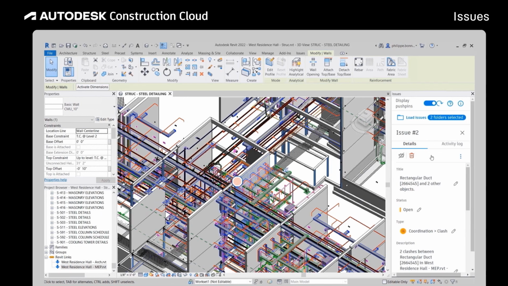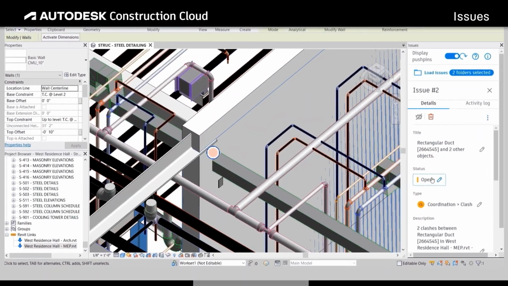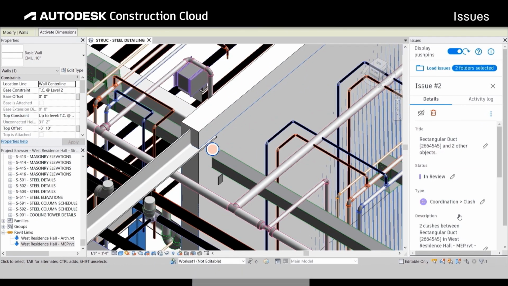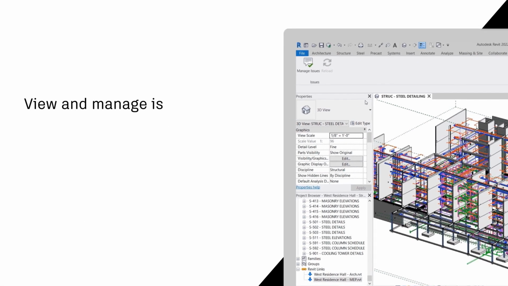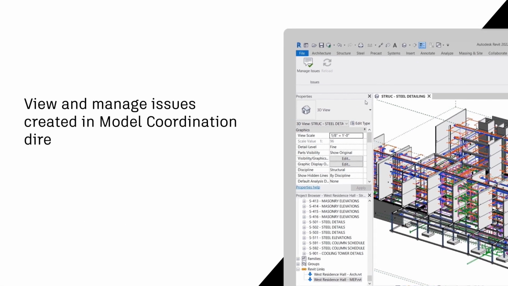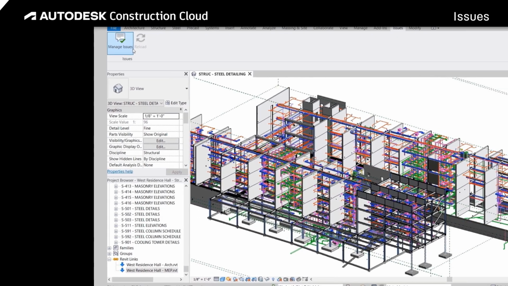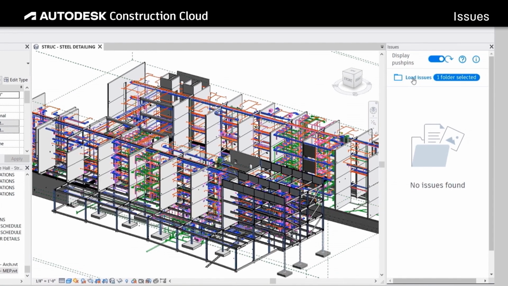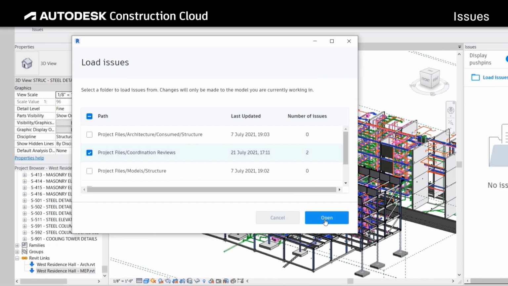Issues can be resolved in Revit using the free Revit Issues add-in from the Autodesk App Store. Designers and detailers in Revit can view issue pins, details, the status, and due date of issues created in Model Coordination. They can even view clashes against other models in the coordination space and open issues or clashes on the